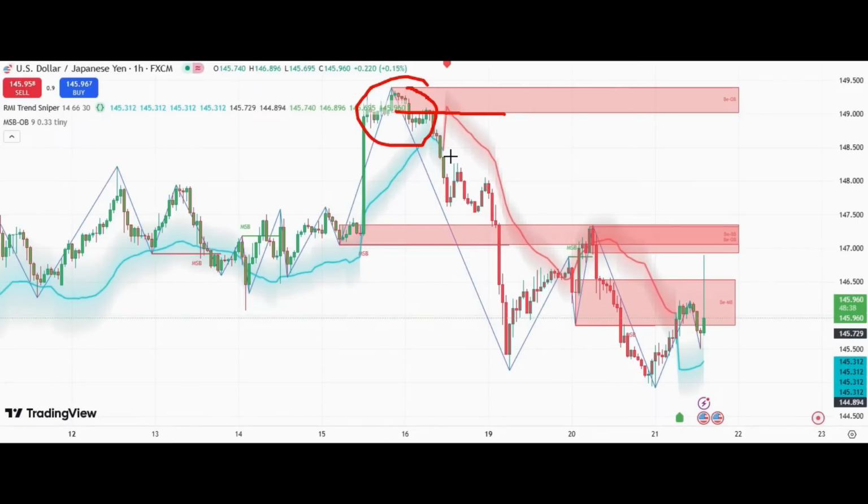But in order not to be placing a blind sell trade or buy trade, we wait to capitalize on the market. So for us, we wait to have a good edge in the market. We wait for when the RMI Trend Sniper gives us an indication to sell in this particular market. So at this point, we get the signal to sell the market. So this is the point at which we open the sell trade,